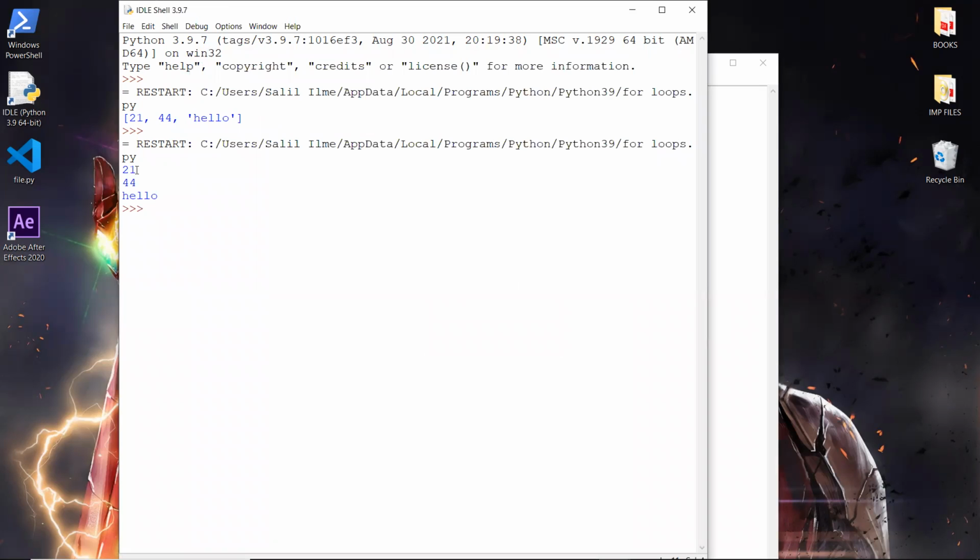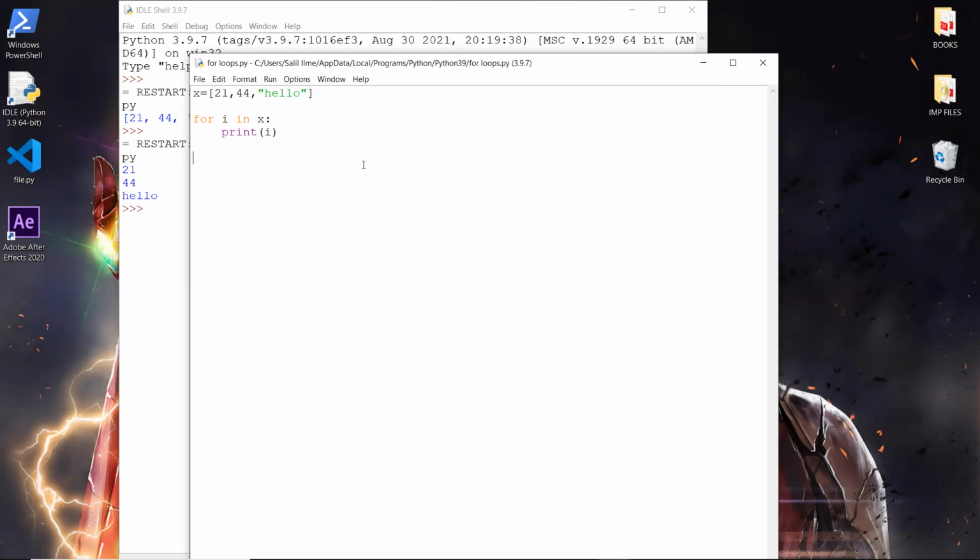As you can see, we have the elements one below the other. And now, if we want to print the numbers from 0 to 10, we can say for I in range 0, comma 11, print